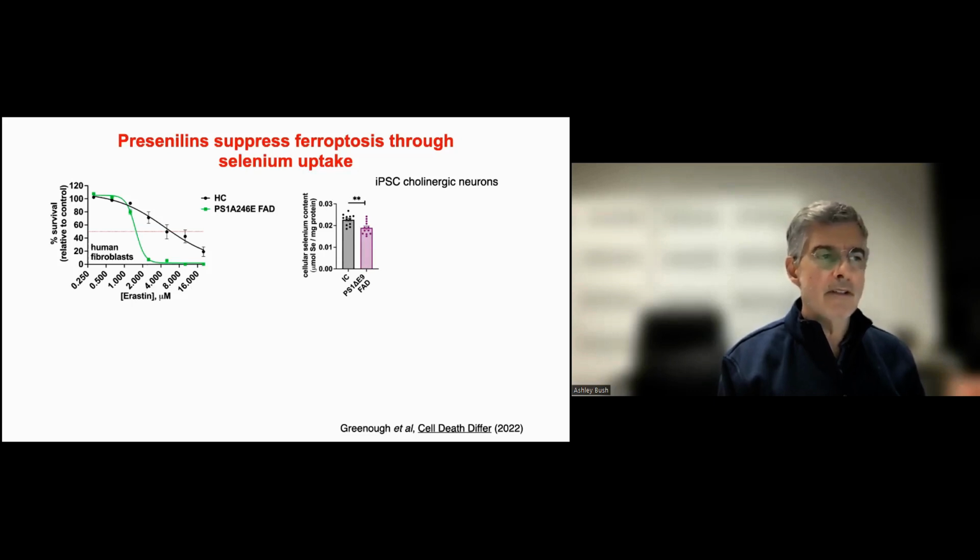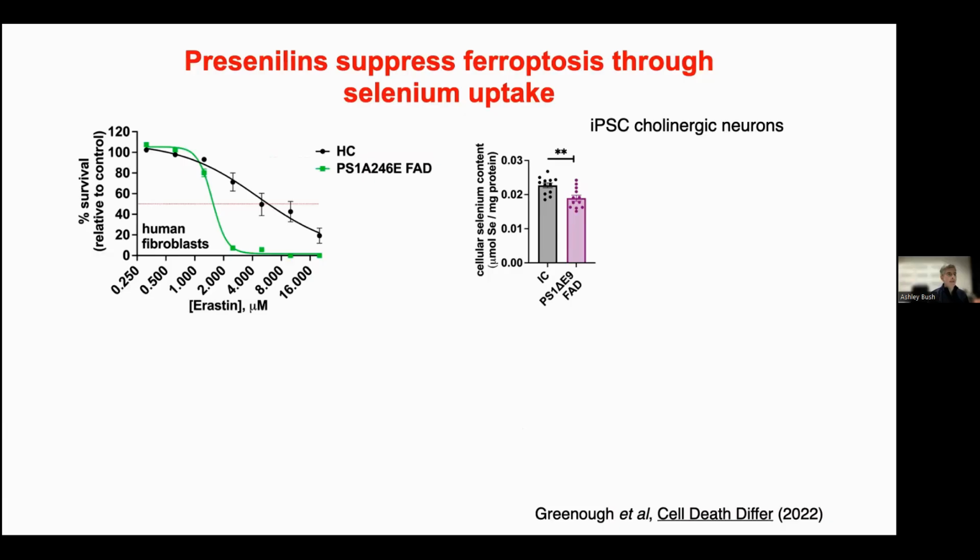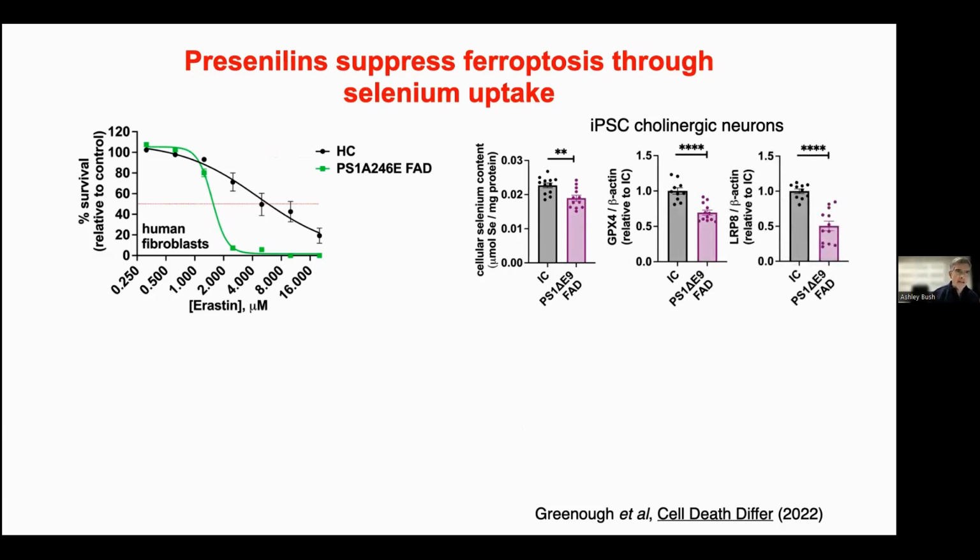And selenium is needed for the production of glutathione peroxidase 4, and glutathione peroxidase 4 levels were concomitantly decreased in these neurons in the mutants compared to the isogenic controls. And the main uptake pathway for selenium is through LRP8. And LRP8 binds with selenoprotein P to bring selenium into the cell. And here the levels of LRP8 in the neurons from the familial mutants were markedly decreased compared to the isogenic